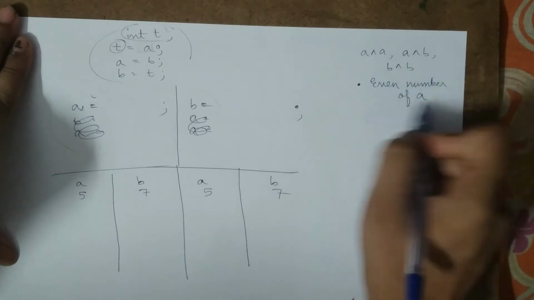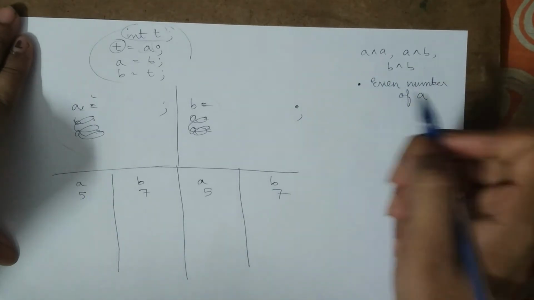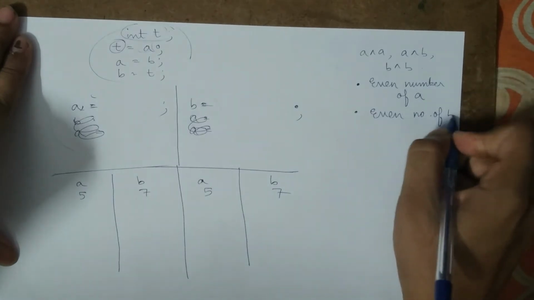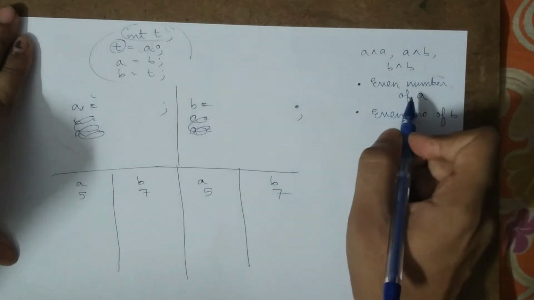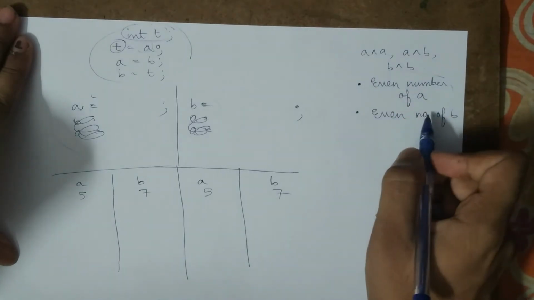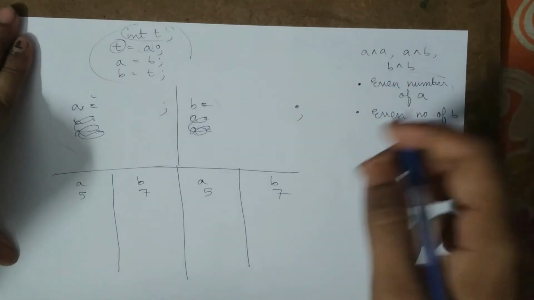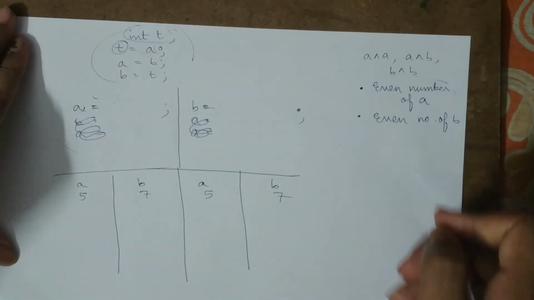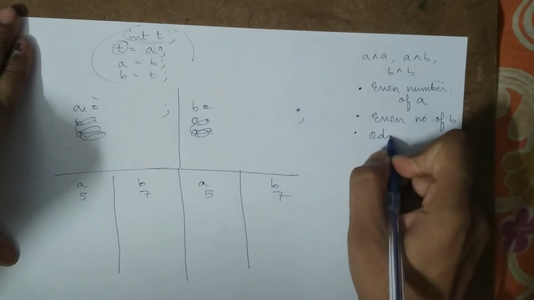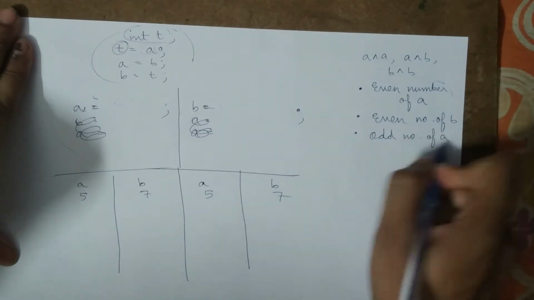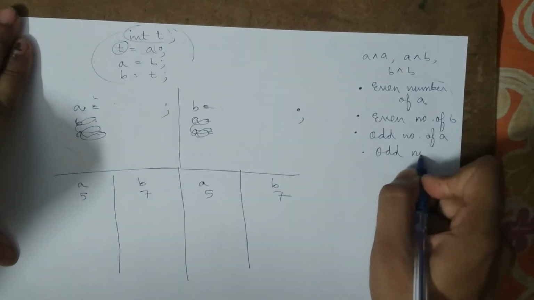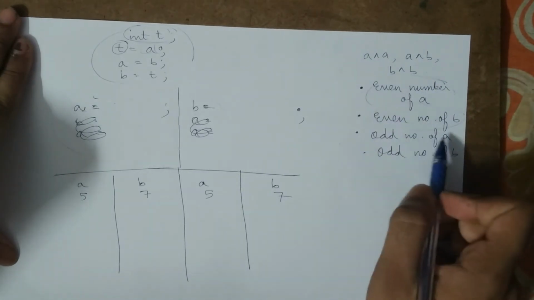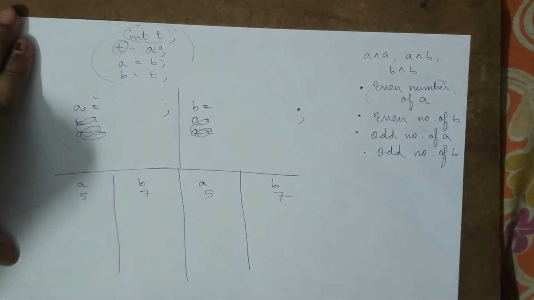What do I mean by an even number of A's? I will XOR A's an even number of times, then an even number of B's, and these are taken independently. Like I will write first A XOR A, and after that we'll see if that works or not, then we will write B XOR B, and we'll see if that works or not. After that we will take an odd number of A's, and after that an odd number of B's. So the independent processes are over for A and B. Now we will see how we can take A and B in combination.